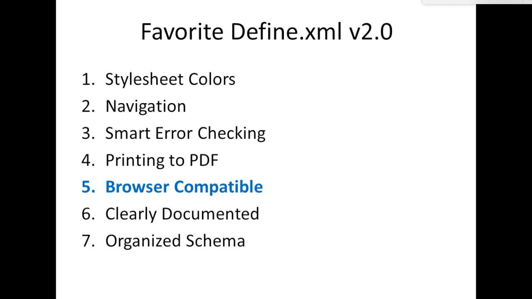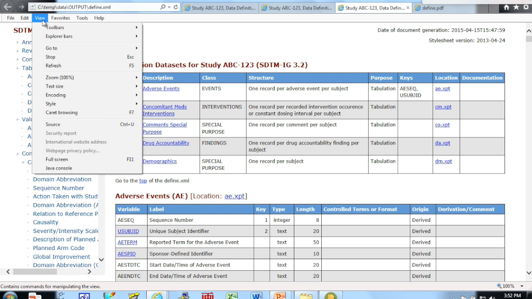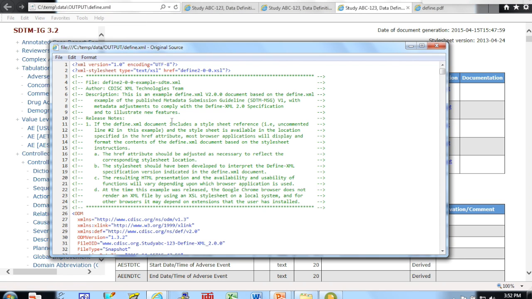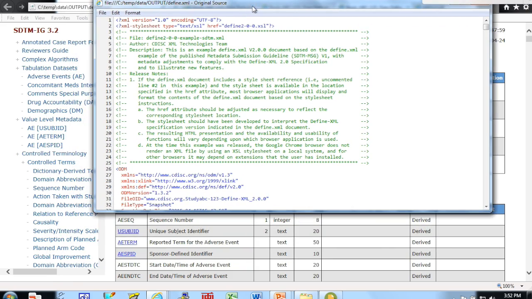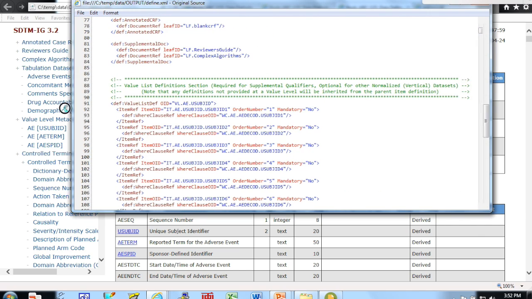The actual XML code and its related schema files, number 6 and 7, are very well organized and documented. This helps when you're generating the actual code yourself. So let me go back to the browser and I'll show you. In a browser, you can actually view the source code, and when I generate this, I use the template, the examples that came from the CDISC.org website, and they added these nice comments here. So at the beginning of each section,